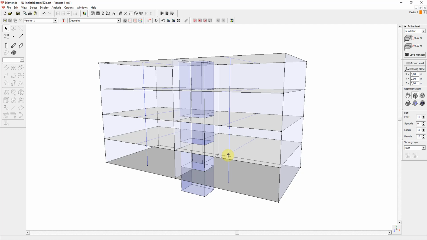ConCrete Plus creates the reinforcement drawings for beams calculated with Diamonds or ConCrete. Note that you cannot create new elements in ConCrete Plus. You can only import beams already calculated in Diamonds or ConCrete. In this video, you will learn how to send beams from Diamonds to ConCrete Plus for automatic generation of the